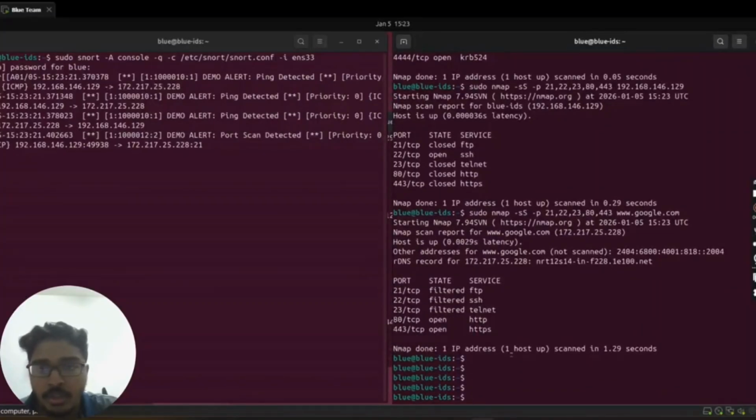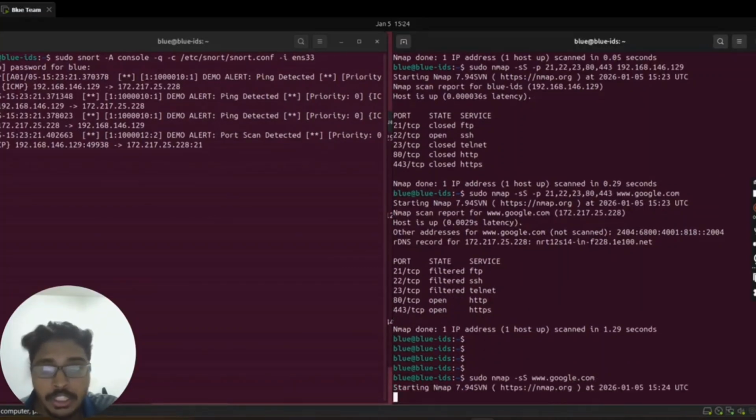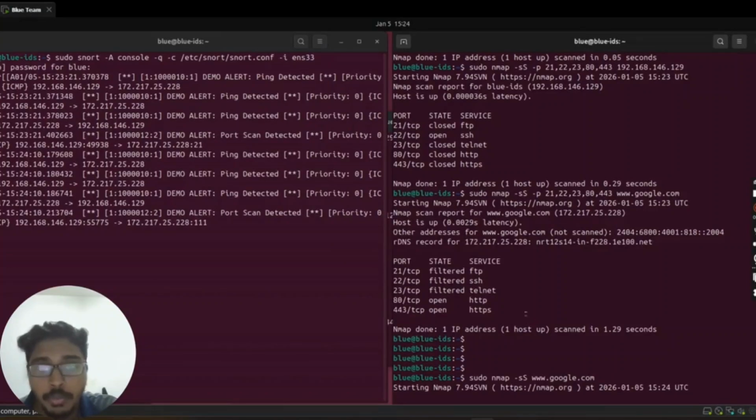Okay, now I'll show the demo. So Snort is running in monitoring mode, confirming that it is properly configured to capture and analyze network traffic in real time. During the testing phase, Snort continuously inspects incoming packets and compares them against its predefined detection rules. So when the attack activities are initiated,